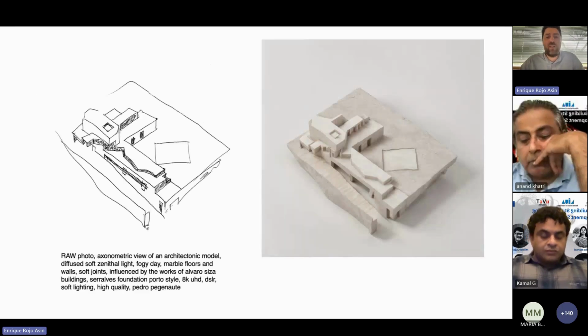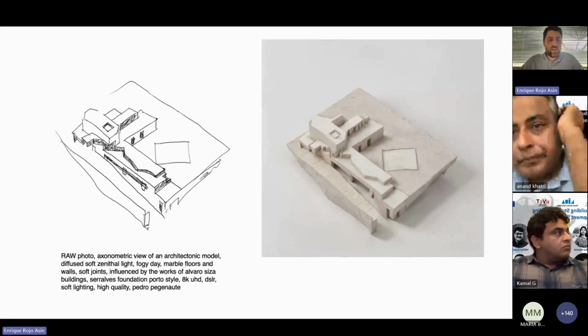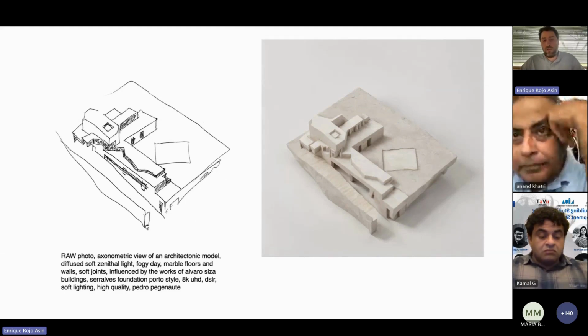Other cases, for example, are from a sketch to a model. In this case, this is a drawing of Álvaro Siza. This is just a sketch of an unbuilt building, but then you can produce a model that imitates a real one.